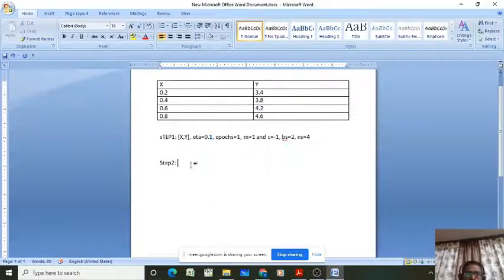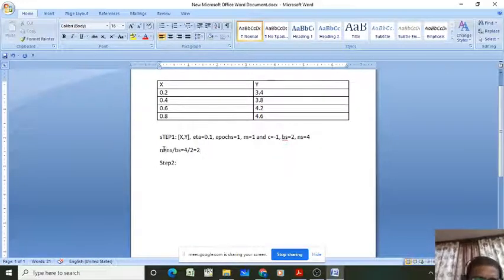0.1. Now if batch size equal to 2, how many batches will be available? The total number of batches is NS divided by BS, that's 4 divided by 2, that's equal to 2, right?